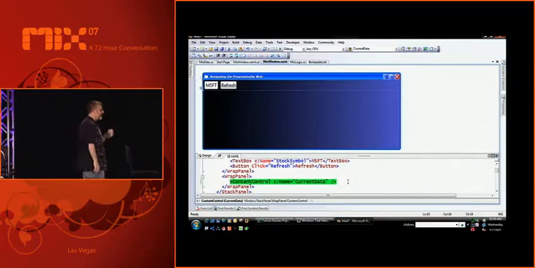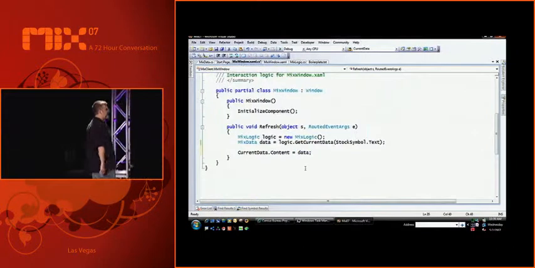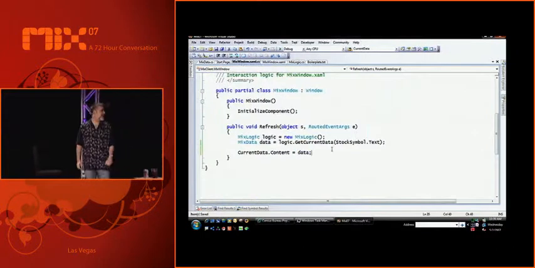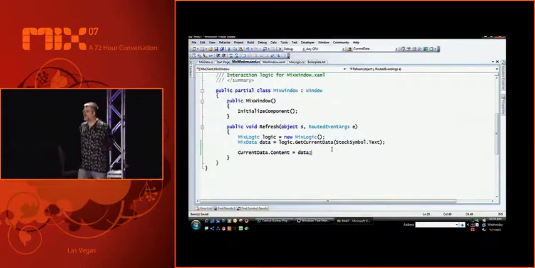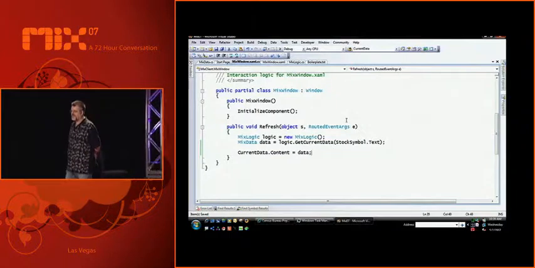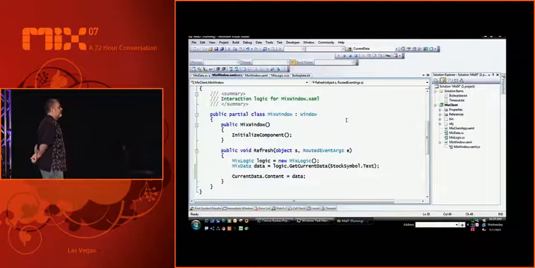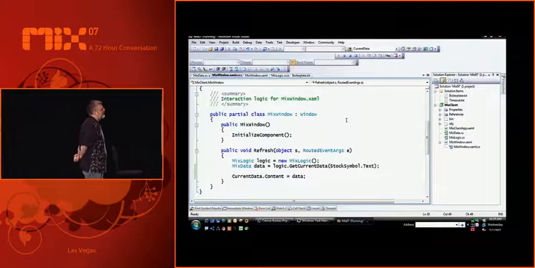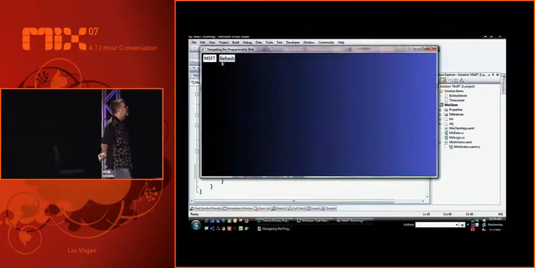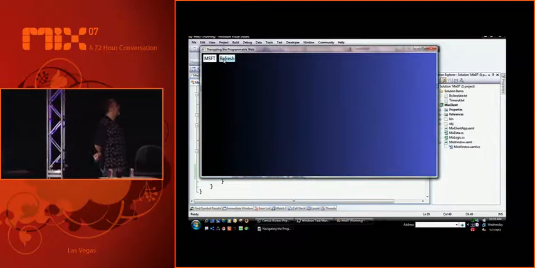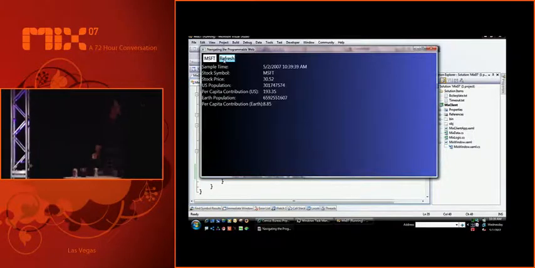So this is just a content control. So we have a new content control. It's got a name called current data. We're just going to set the content of that thing to the result of this web service query. All right. Great. So let's go run that. So we're going to go do the queries. Yeah, it's running off. It's grabbing that.